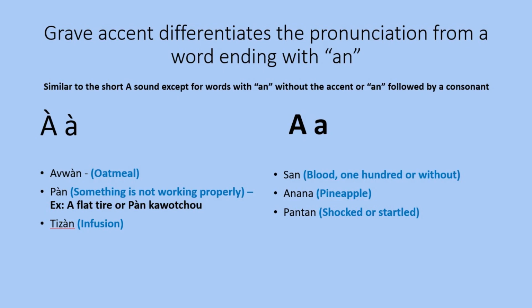So the sound for the letter A is "ah," okay? It's just "ah." And it's really almost like it's always "ah," right? Whether it has the accent on it or without the accent, it's always "ah." But here's the difference, though. The "ah" has the accent